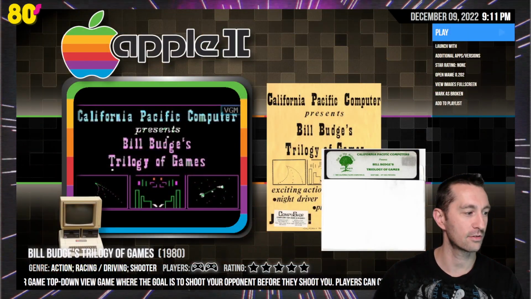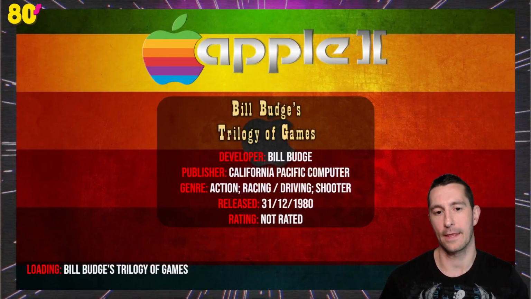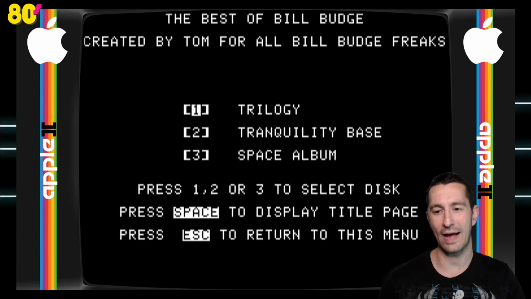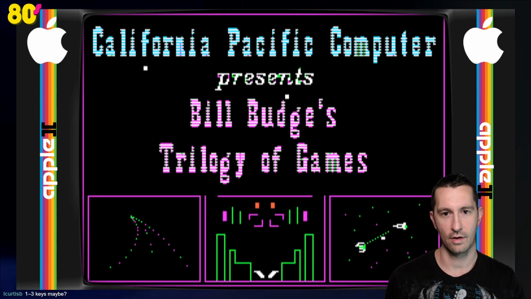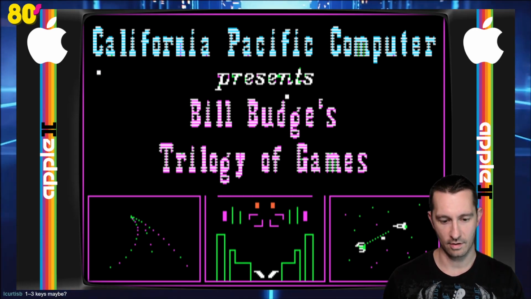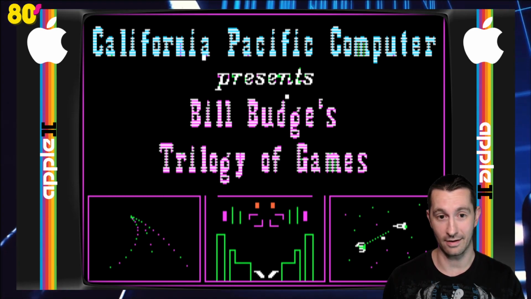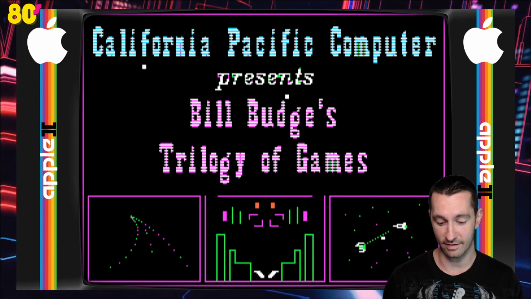I want to play. Oh, did it crash on us? I think it did. Let's try it one more time. Come on, Bill Budge. Sometimes that Apple II, you gotta wax it a little bit. See if you can make it work. All right, let's try this again. 1, enter. And I want to play your Trilogy of Games. There should be 3 different games I can choose from, but nothing's happening for whenever I'm pushing things on the...